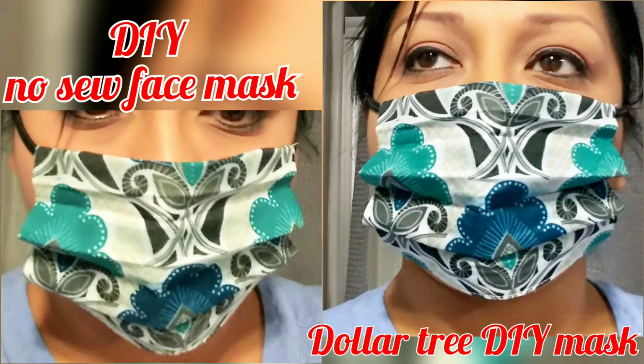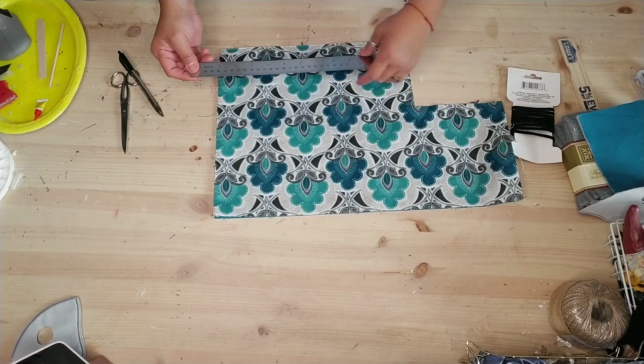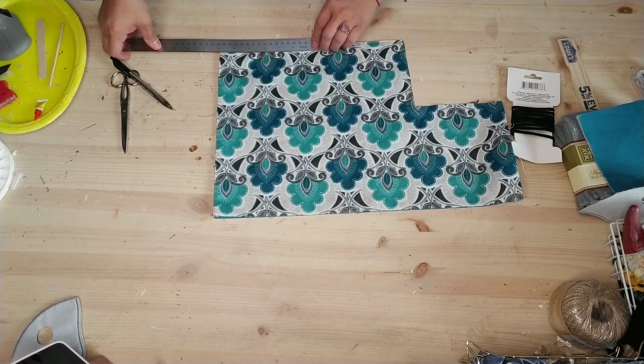So today I wanted to show you how I made face masks from Dollar Tree items. And what I used first was a placemat. And I chose to use a placemat for a few reasons, but I wanted something with some kind of filter